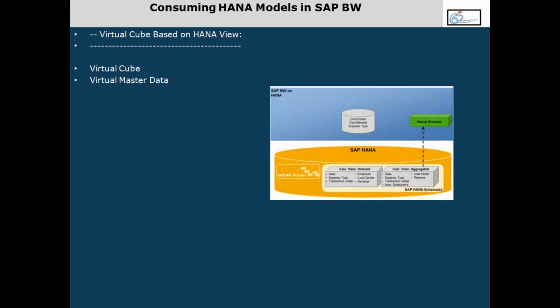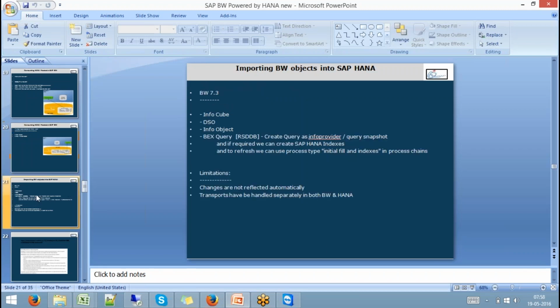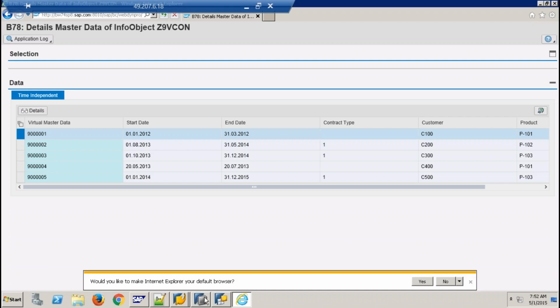But there are still other options of consuming HANA models in BW. If someone is asking if I want to consume a HANA model of a different HANA database in my BW, there are other concepts like ODP. We'll come to that. Open ODS view, composite provider, we'll come to that. So next is about importing BW objects into HANA. So we'll stop it here today. Tomorrow we'll start on how we import BW objects into HANA, consuming BW objects in HANA. There are obviously like 7 to 8 options of consuming HANA models in BW. I'll show you this.